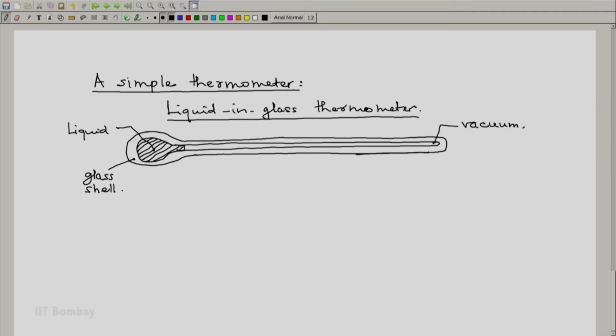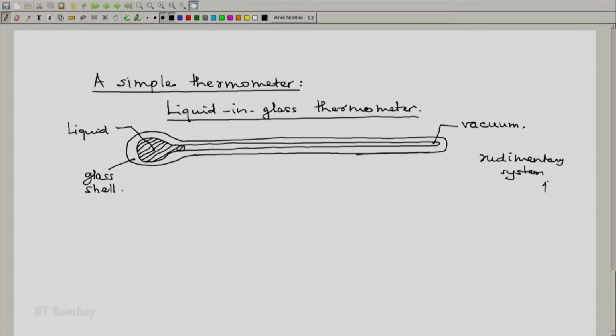Now, what type of a system is this? It is solid glass, so you can't twist it, turn it, extend it, compress it. It has no electrical properties, so you can't charge it, discharge it. So, the whole system, as shown by this outer line, which can be considered as the system boundary, is a rudimentary thermodynamic system. Because it is a rudimentary thermodynamic system, the number of properties required to define the state of this system is simply one.